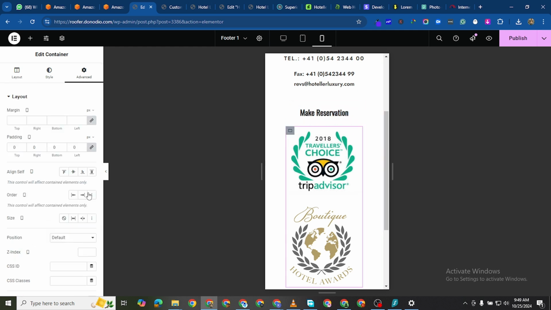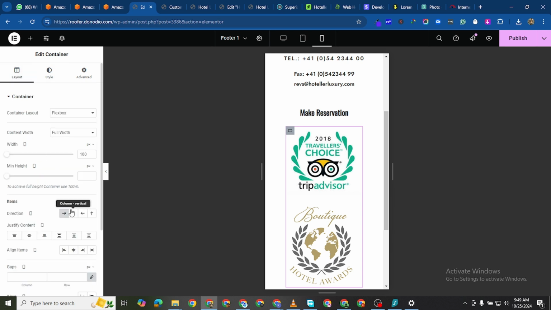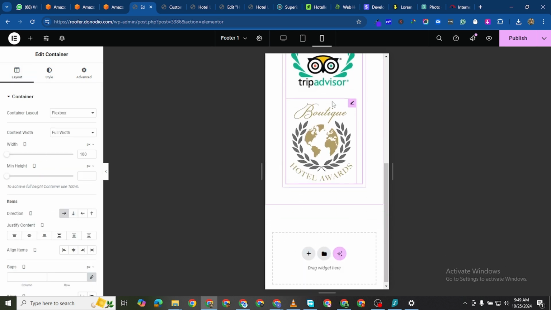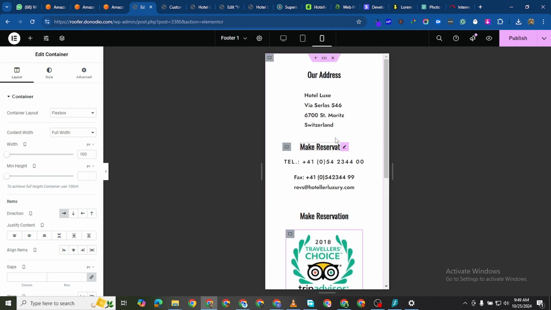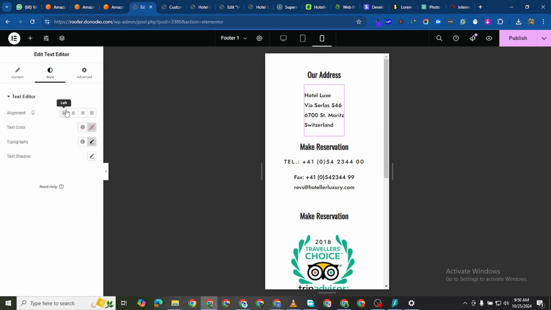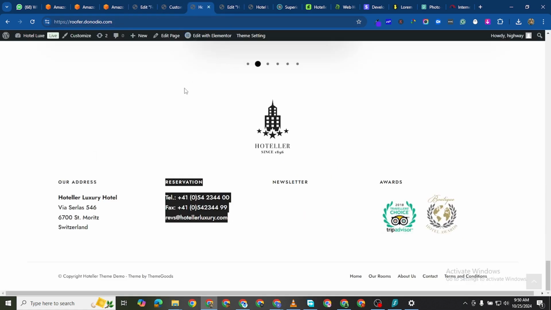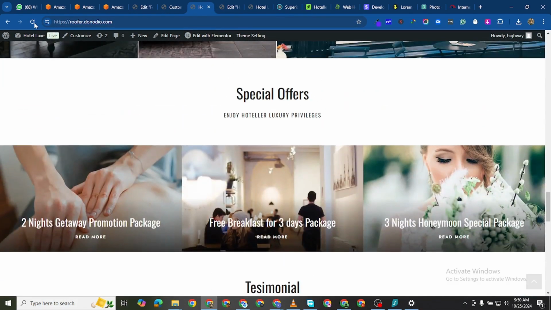And then this container, I'll come here. Because of the space and it's on mobile layout, these two will have to be stacked. One will have to be stacked on the other. So I will just center this, and then I'll publish. And this is our website. If I now reload,